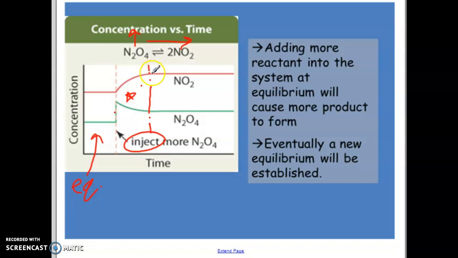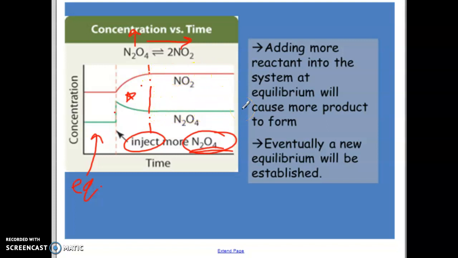At the point here where we now have equilibrium once again, notice the concentrations will never be the same as what it was at the beginning, because it can't be. You have more atoms there. So you can't decrease in concentration. If you've added in more molecules and more atoms, they're not all of a sudden going to disappear. They have to be accounted for. However, by causing some of them to move forward into the product formation,